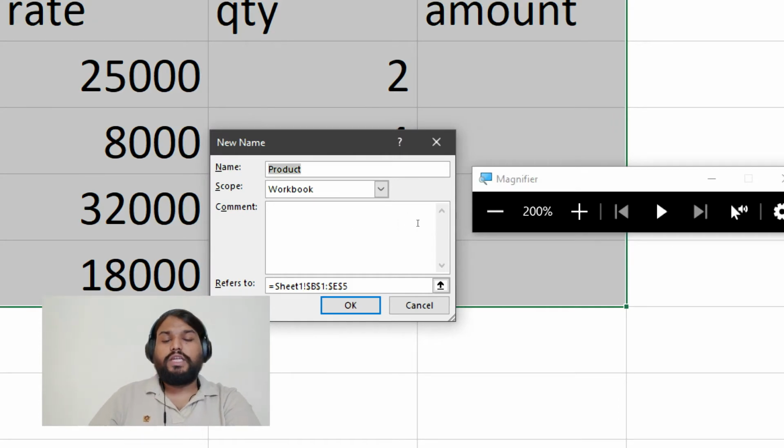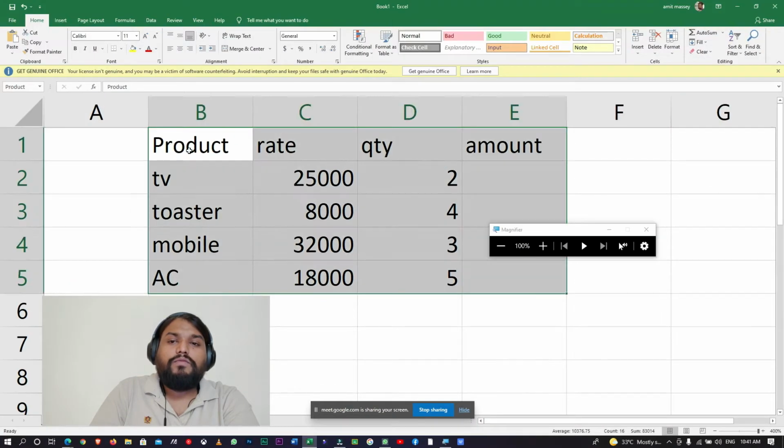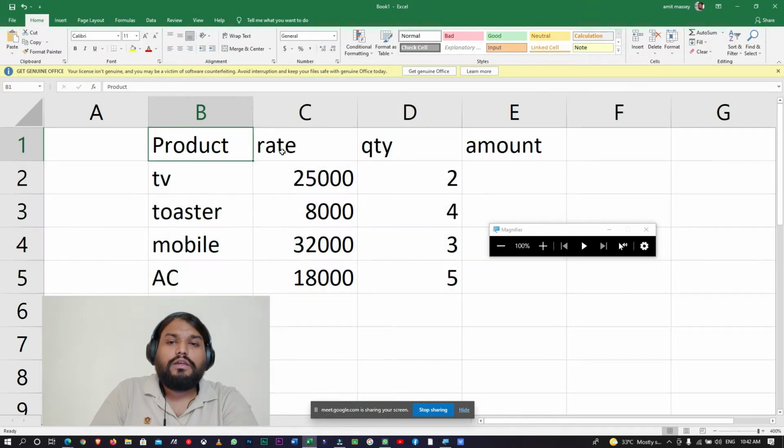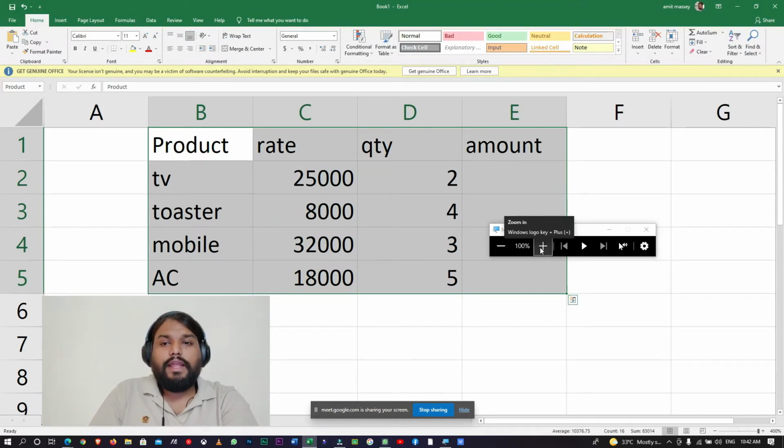If you want to change the name, you can simply write any name you want. I'll keep the name the same and press OK. Now the name of this particular range is product.